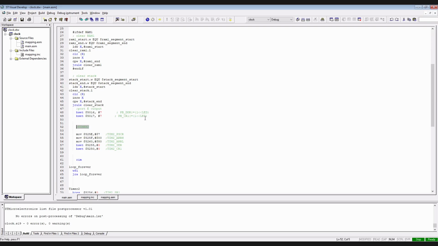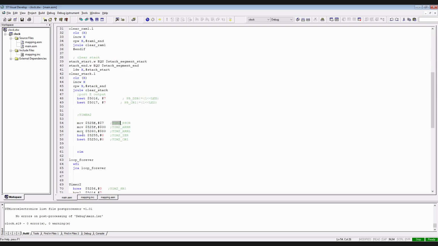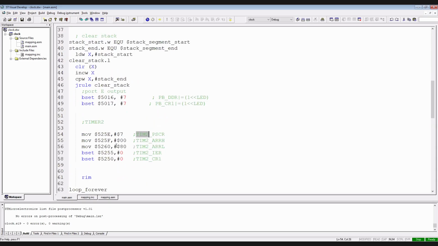This is done for timer 2 by setting the lower 4 bits in the TIM2 PCCR register. And